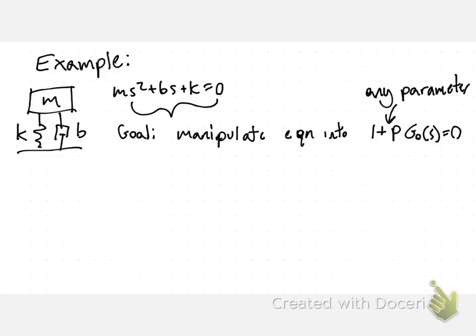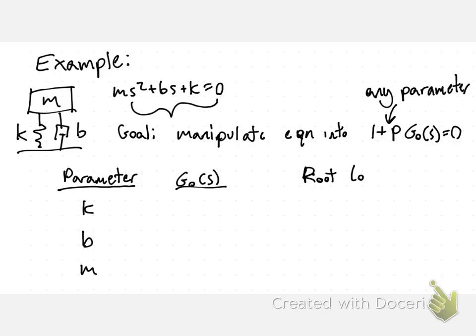So what I want you to do is figure out, for a given parameter, and that's just a variable that we have control over, so we have k, b, and m for this example, what is our open loop system that we get if we have that as our equation? So if we manipulate the equation into 1 plus p GO of S, and we say that the parameter we want to isolate is going to be k, b, or m, we want to figure out what GO of S is